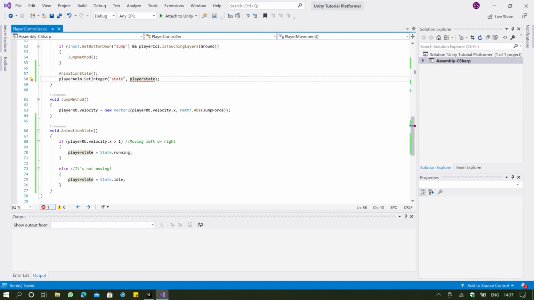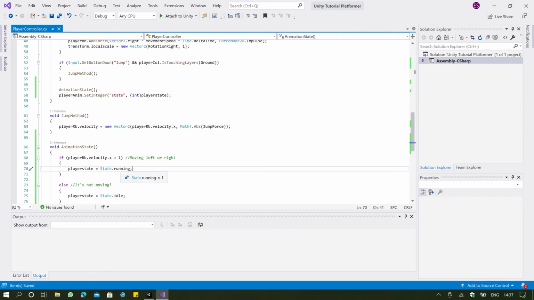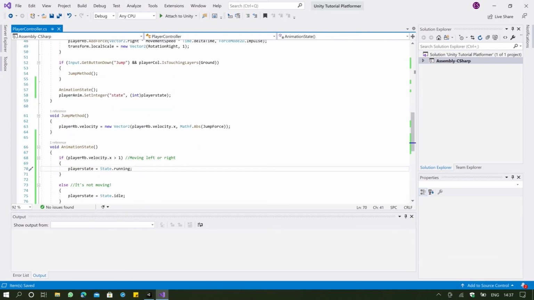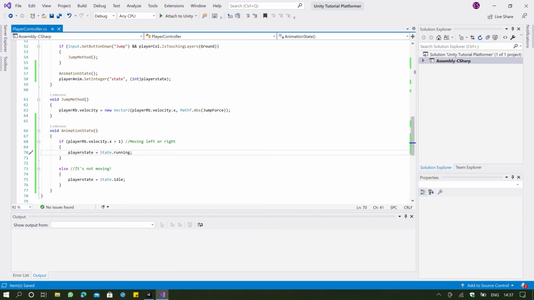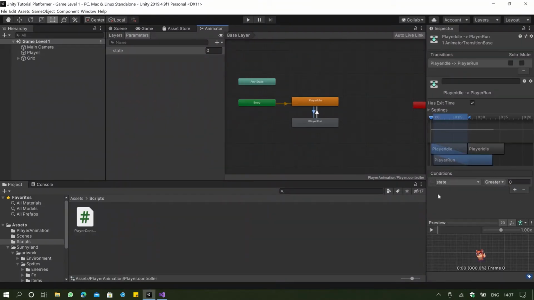So what the computer sees when we say player state equals state.running is that player state equals states.running. Okay? And if we put the int here, it refers to states.running as a number. States.running equals 1. I hope that makes sense. And now, if we go back to our Unity program and edit our conditions here, if we want